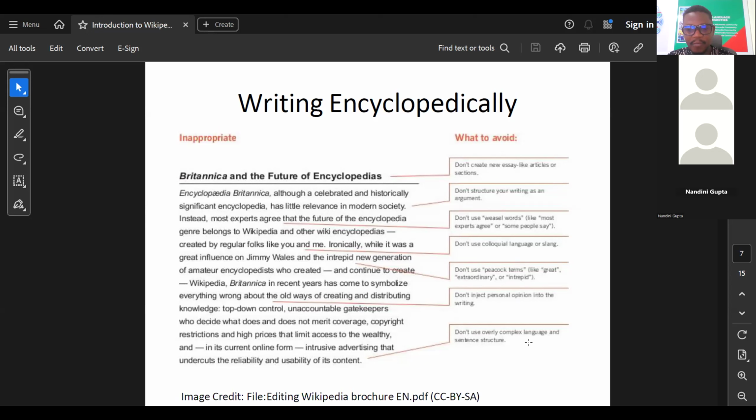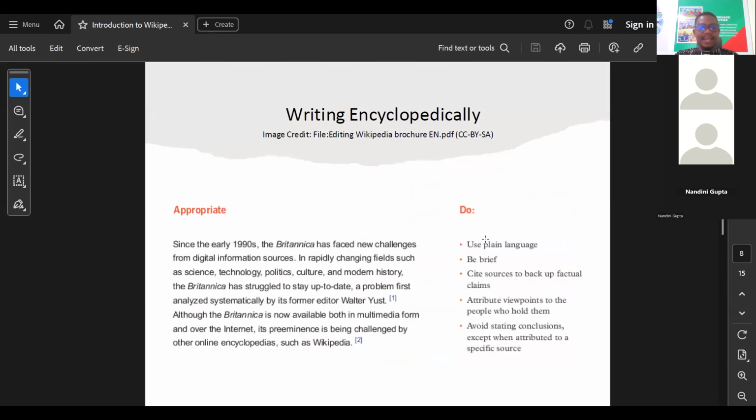And there are different sections of this article that makes it more inappropriate and problematic. You don't use overly complex language on Wikipedia, and then you don't inject personal opinions inside Wikipedia articles, right? You don't also use colloquial language or slang in Wikipedia articles. So all of them have been spotted and marked, as you can see. And then this is the appropriate way to write or to start an intro page for an article like Britannica